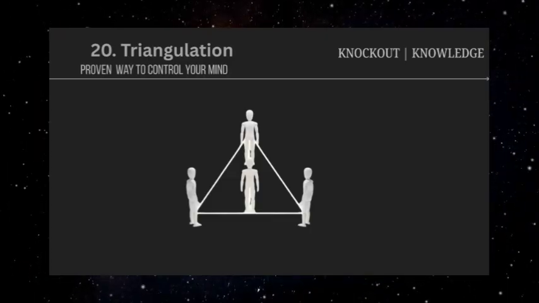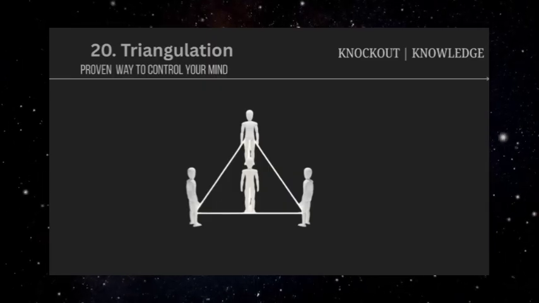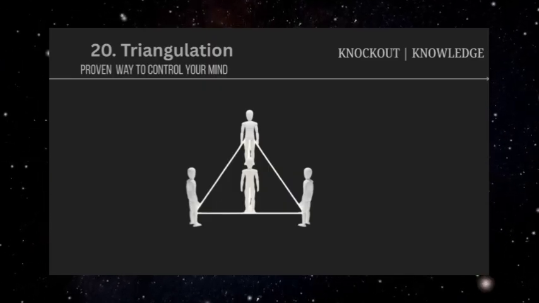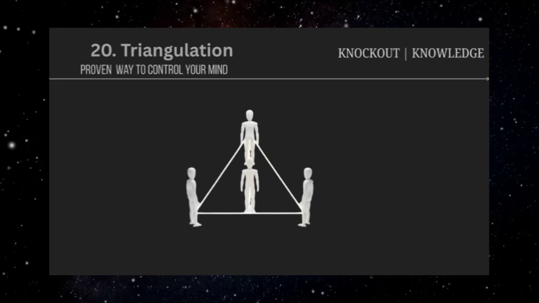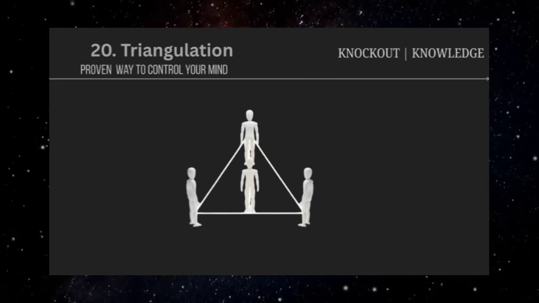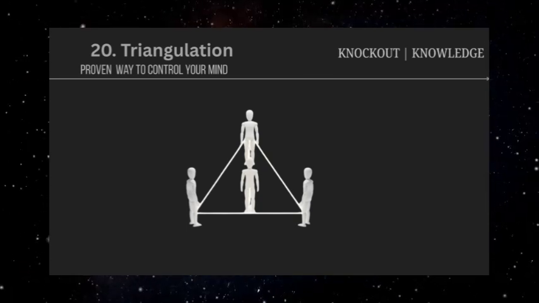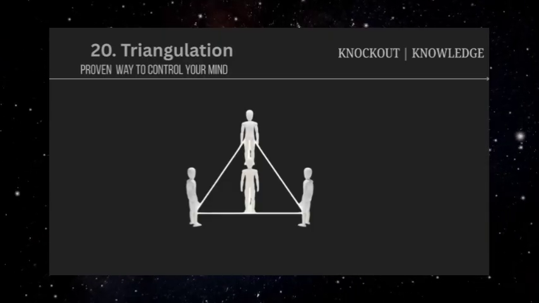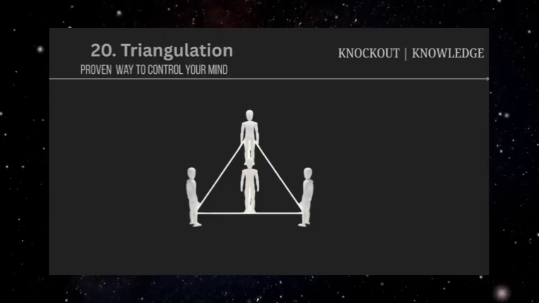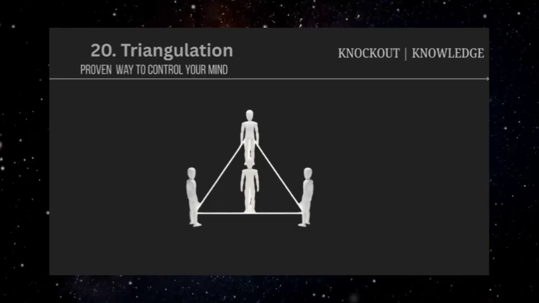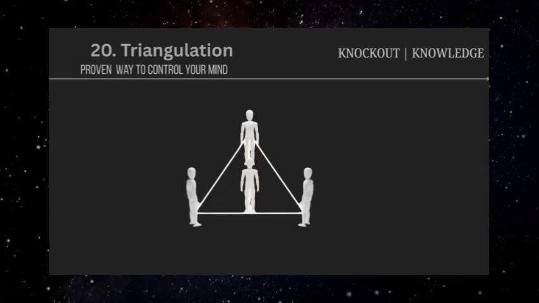The technique also exploits our natural tendency to want to be seen as reasonable and likable. When someone suggests that others would handle a situation differently or that we're being unreasonable compared to some standard, we often feel pressure to adjust our behavior to align with these external expectations, even when they might not be accurate or relevant. Triangulation creates several harmful dynamics.